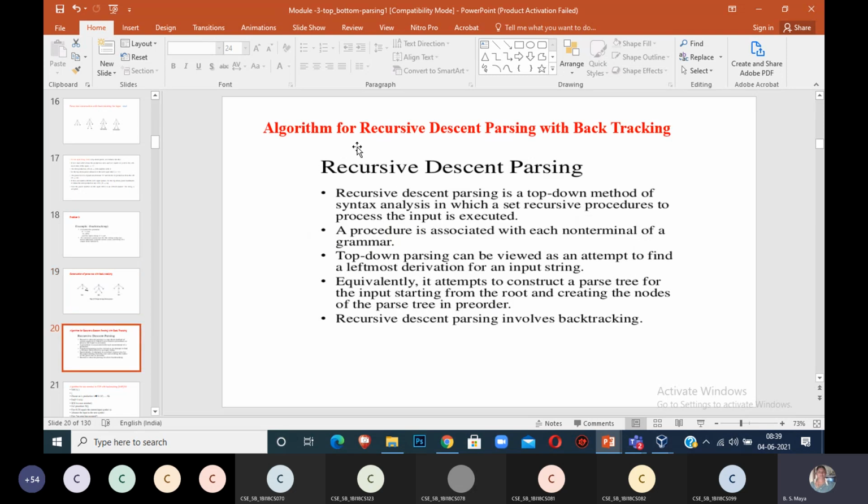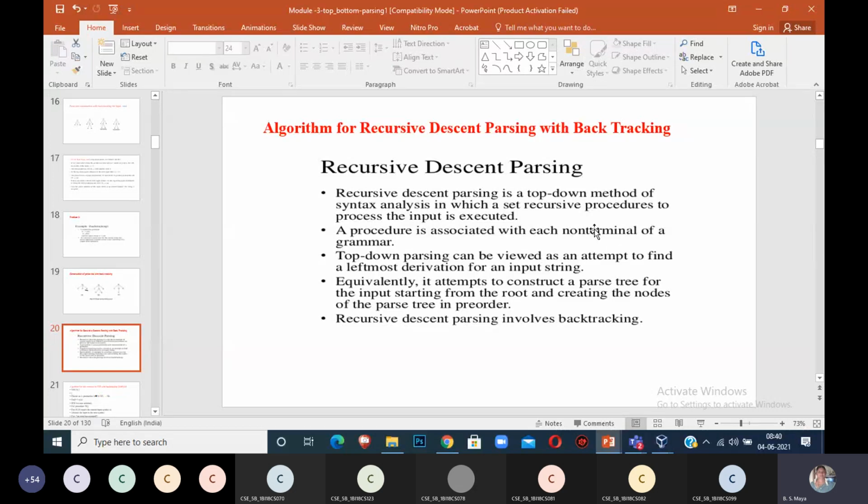So that is called the algorithm, or procedure, for recursive descent parsing with backtracking. Recursive descent parsing is a top-down method of syntax analysis in which we call a set of recursive procedures to process the input.